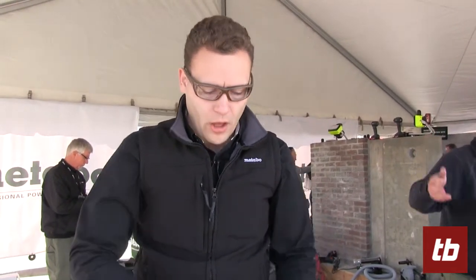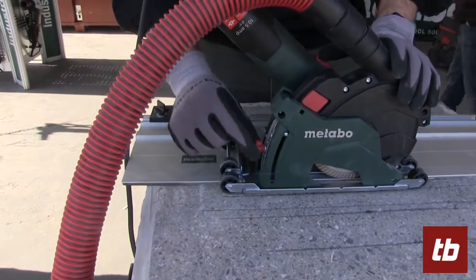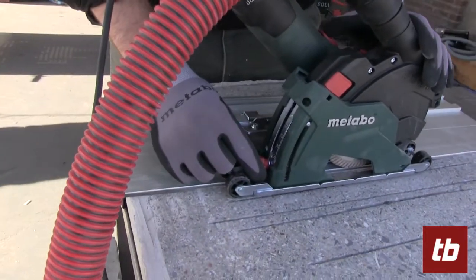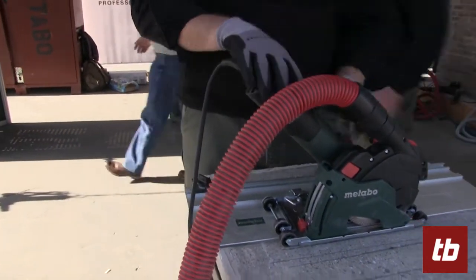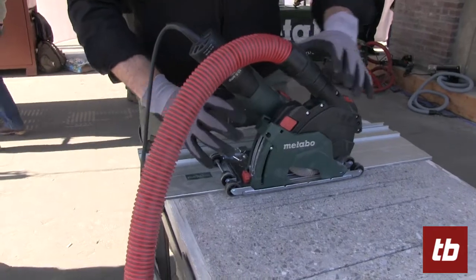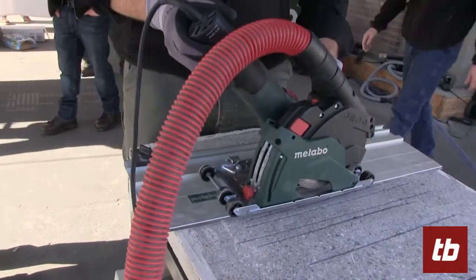The next tool we will talk about is our concrete cutting tool. So we have here our plate that you can adjust the cutting depth anywhere up to 1 inch and 1/16. And it's based on the Metabo grinder, very heavy duty, reliable tool, and this special shroud system. So you can take this shroud that attaches to a guide